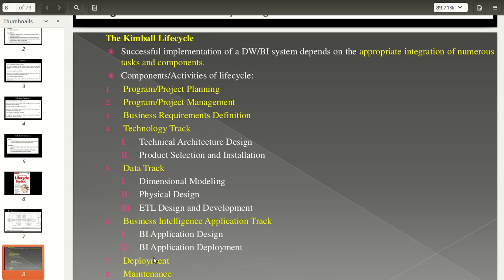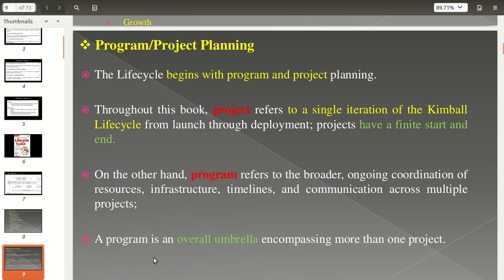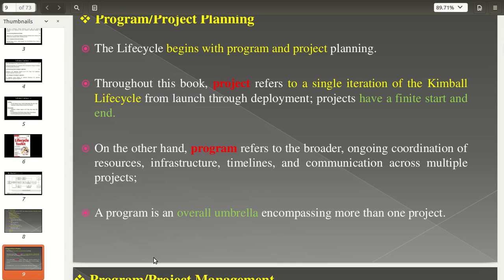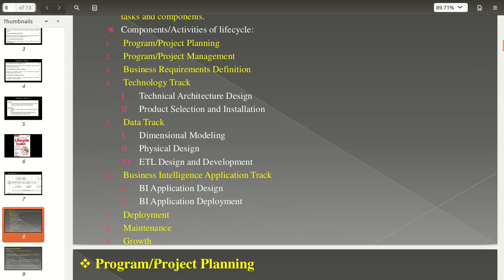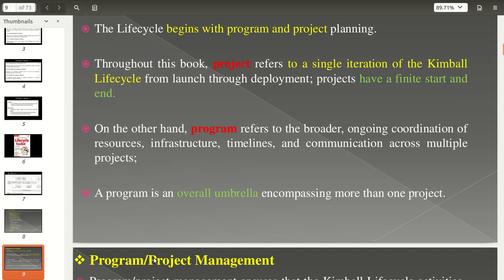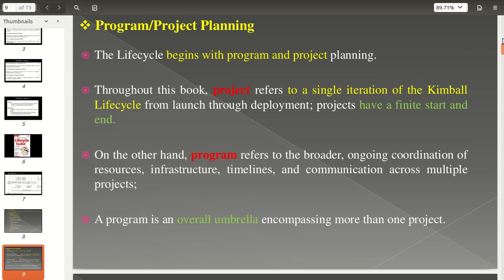So this is a brief about the life cycle. Next, you have to discuss one component at a time. The first component is project planning or program planning.